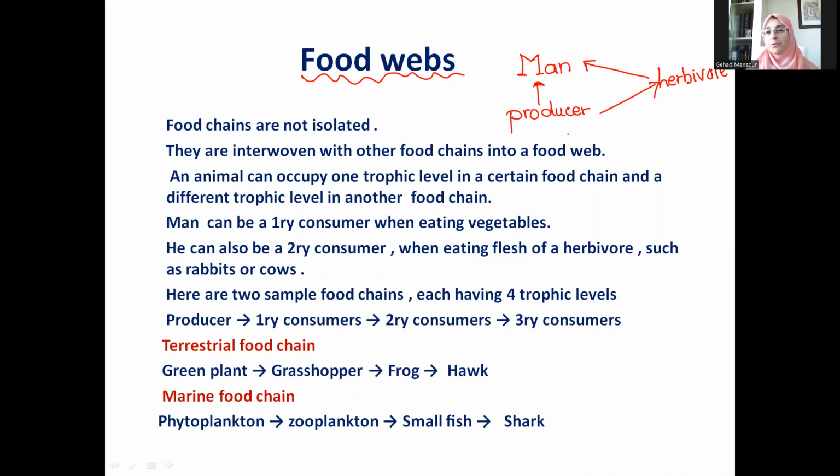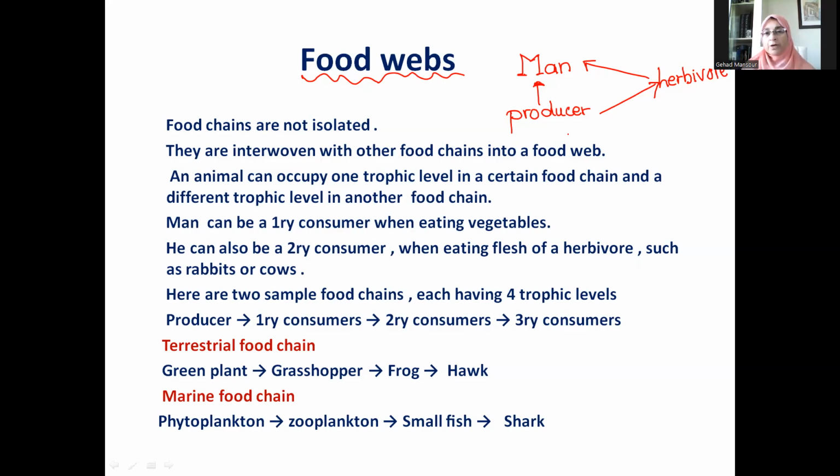Good morning. This is our fourth video on ecology, and today, inshallah, we are going to discuss food webs. Of course, you know what food chains are, and food webs are nothing but interwoven or interconnected food chains, because you cannot separate food chains from each other since there are always interactions between the different trophic levels of the different food chains. And in every food chain, a particular organism can be in the first, second, third, or fourth